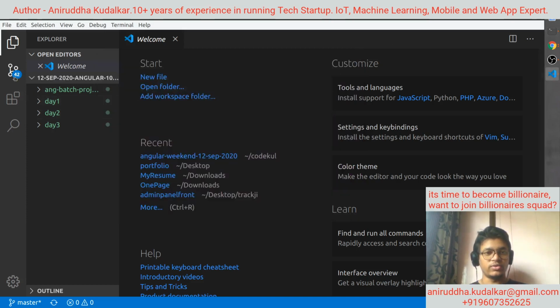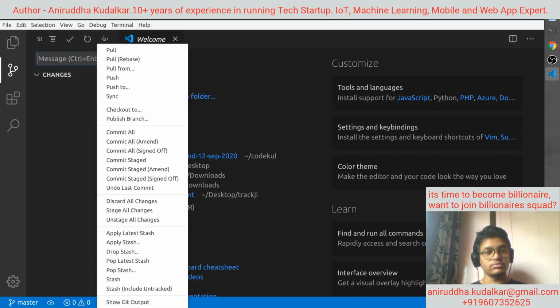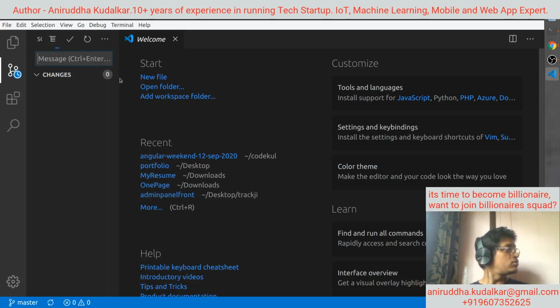Okay, now I would like to push this much code to Git. You can say Angular project. Let me push the code.